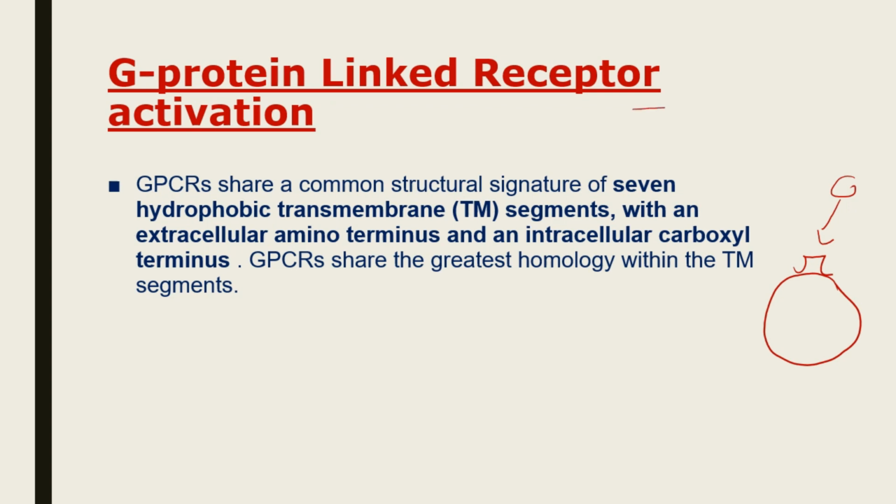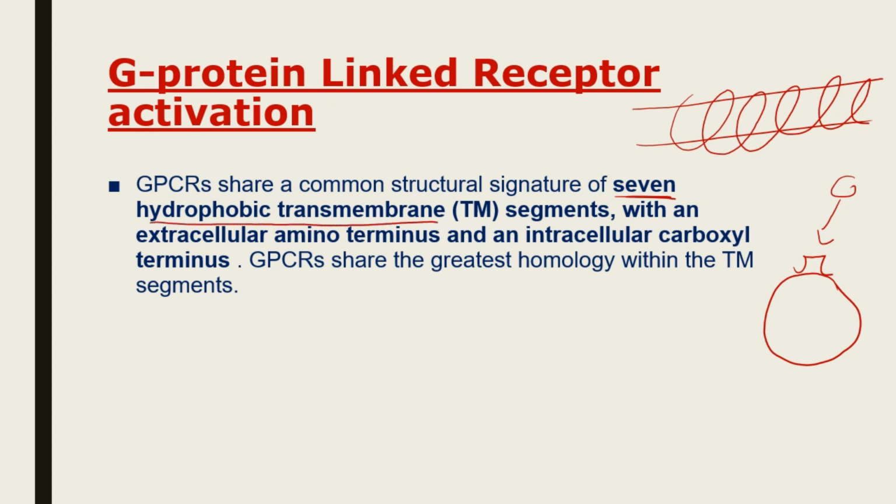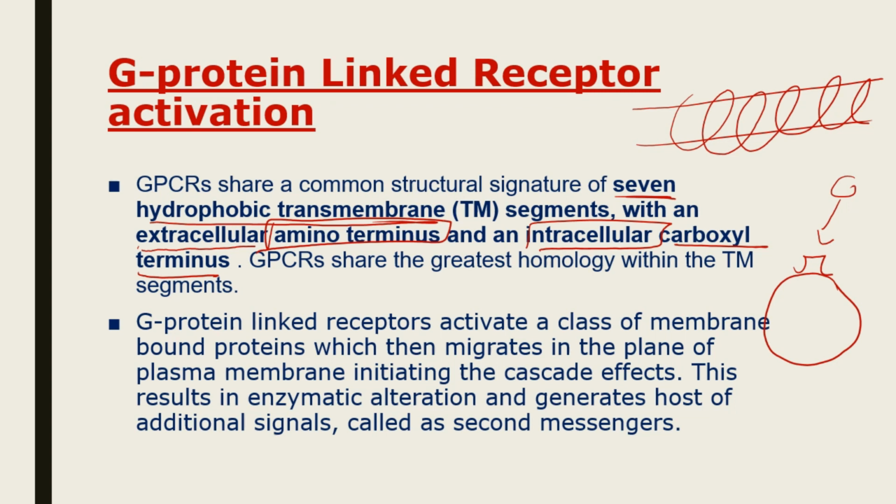So they are basically like this. They form 7 loops on the membrane like this. So they have a special name, 7 hydrophobic transmembrane, with an extracellular amino terminus and an intracellular carboxyl terminus. That means on the extracellular surface they have the amino terminus, and on the inner surface they have the carboxyl terminus. So G protein coupled receptors activate a class of membrane bound protein which then migrates into the plane